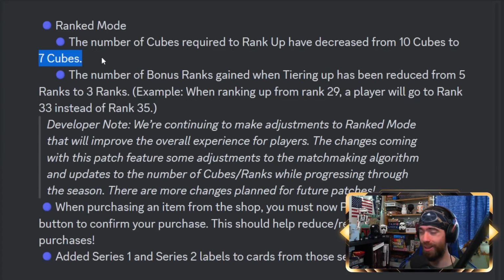10 is just decimal system, and then 7 feels odd. It's lucky, sure. I don't know what they're thinking here. I hope to see this change to 8. They're not necessarily marrying themselves to 7. They want to keep on experimenting, but then also the number of bonus cubes you're getting is not as high. So you need fewer cubes now to be able to rank up